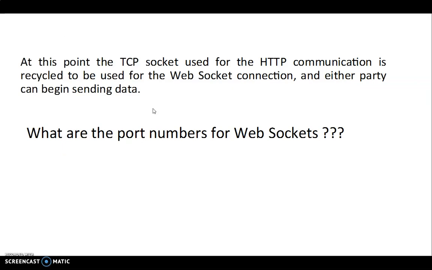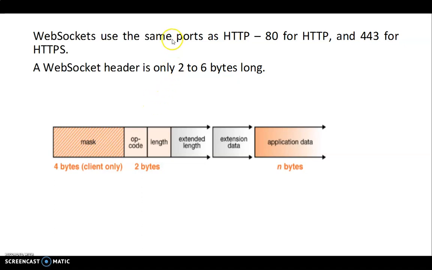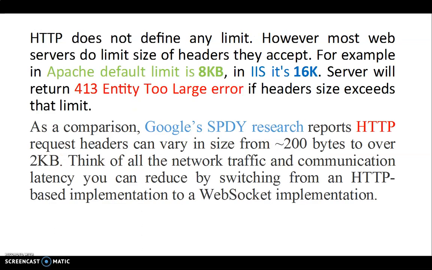Now this is running on top of the transport layer protocol TCP. So obviously we will ask, sir, the HTTP server was running at port 80. When you communicate with WebSocket, can we communicate over the same port, or do we need another port? The answer is yes, we need another port. Port number 80 is used for normal HTTP, and HTTPS will use 443. Now WebSocket is using a different port number.